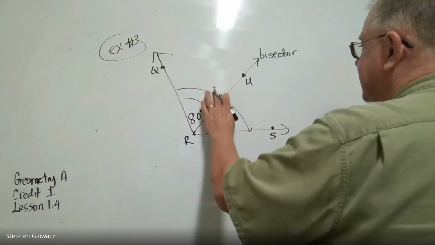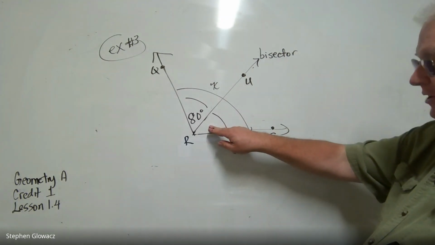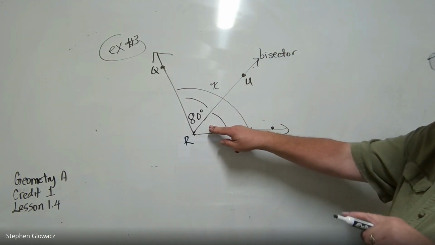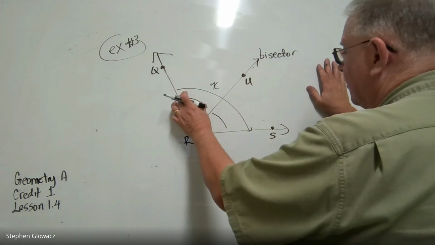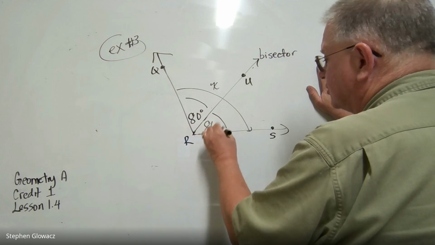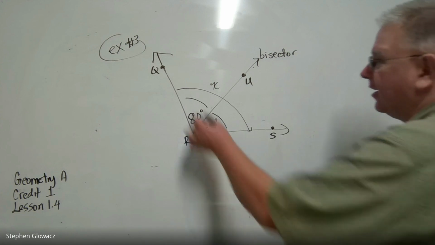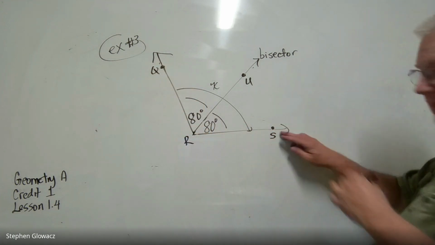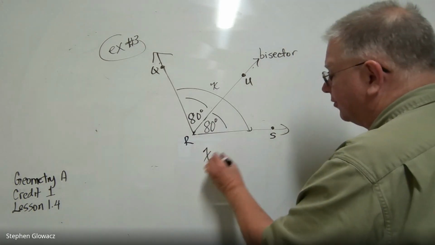So if we call this X, this is what we're trying to find here. Now you say, well, we don't know the measure of this angle, but think about it, we do. Because if this is a bisector and this angle are congruent, if this is 80, then this also has to be 80 degrees. And so what we're trying to find here, angle QRS, which is our big angle here, that's going to be equal to